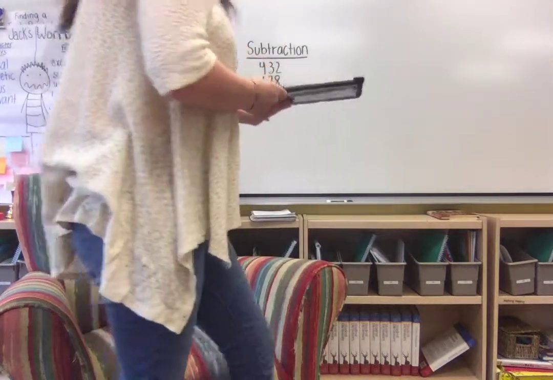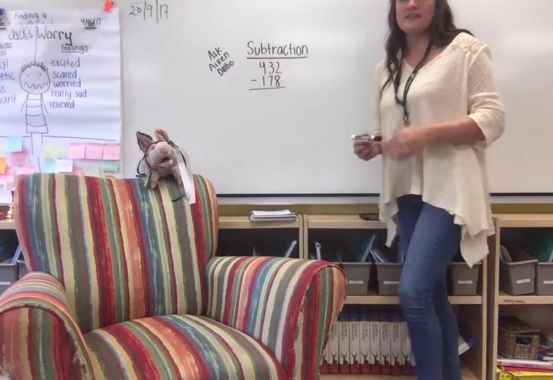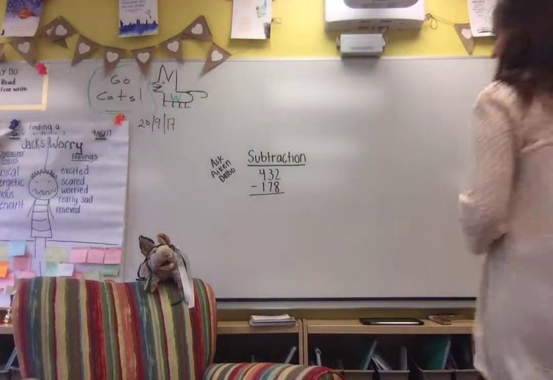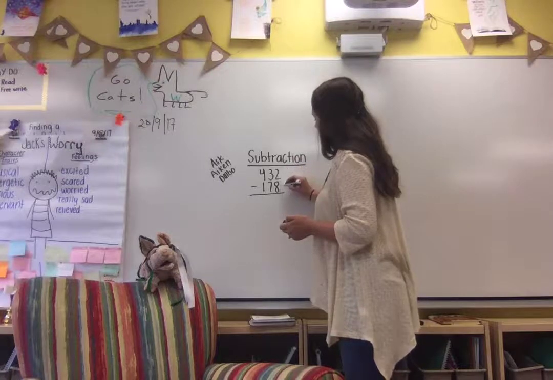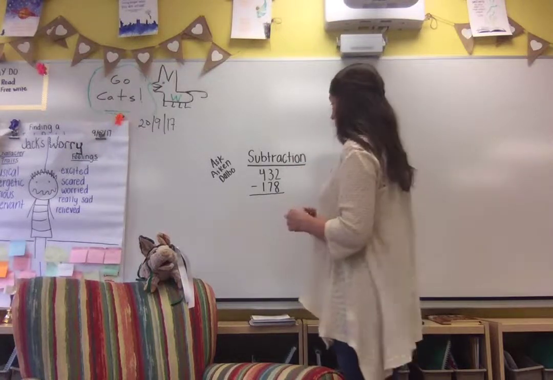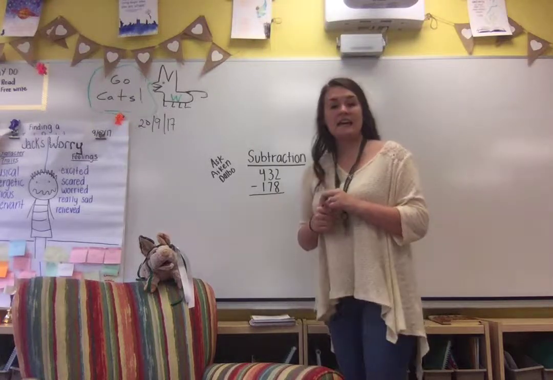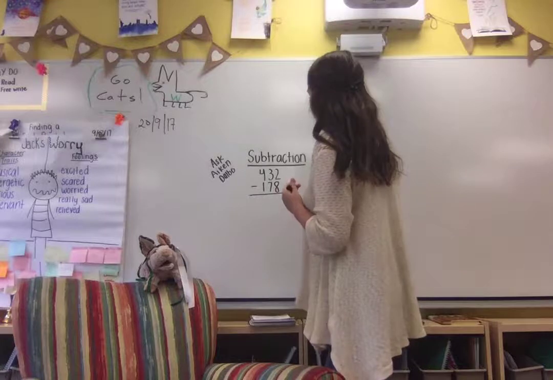We really want our kids to understand place value. So 432. We always start with the ones, because the ones are the babies, and you've got to take care of the babies first. So 2 take away 8. You can't do that. That's impossible. If they're not understanding that, well, it's not impossible. It doesn't make a friendly number. If they're not understanding that, I would say,